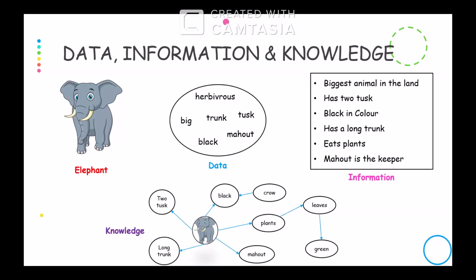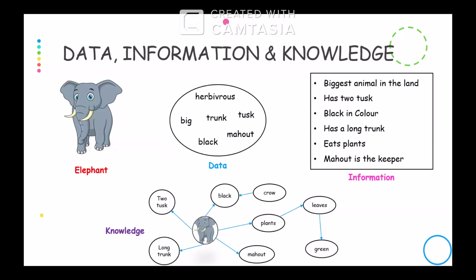Now what is the difference you can observe? The things I have now conveyed particularly have a meaning and a context, right? And they are connected and properly giving ideas to the perceiver. So this is actually called information. And if I ask you to think about an elephant, right?